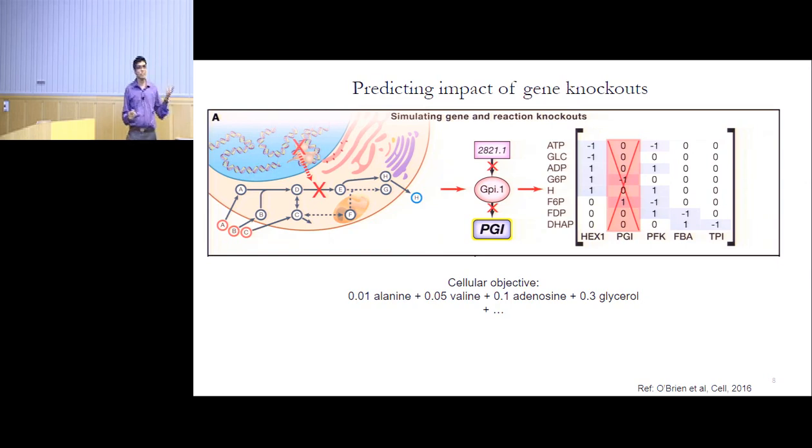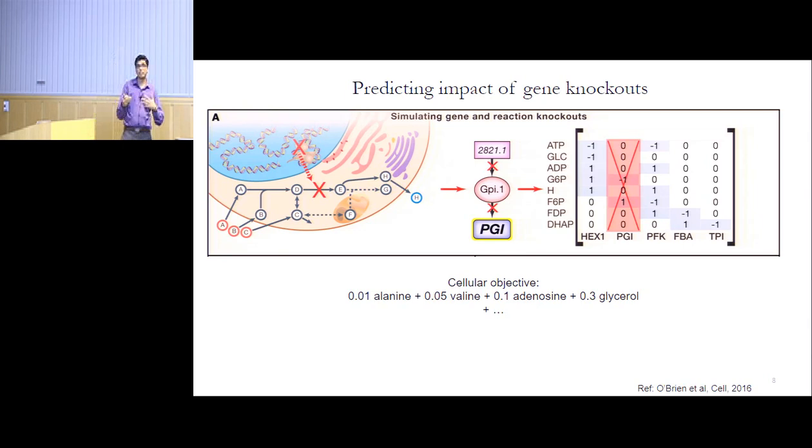You can imagine three different possibilities. If this gene is very important and it produces an important amino acid required for achieving the cellular objective, then the model will output that this gene knockout is lethal to the organism. But what's normally the case is that the algorithm might find an alternate route through the metabolic network, and in that case, the algorithm would say this gene knockout does not have any effect.